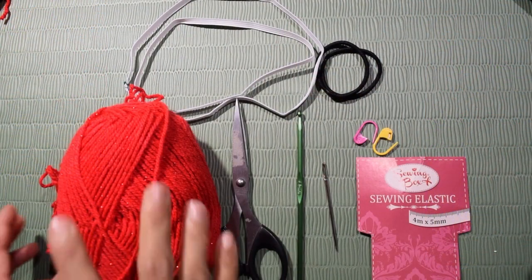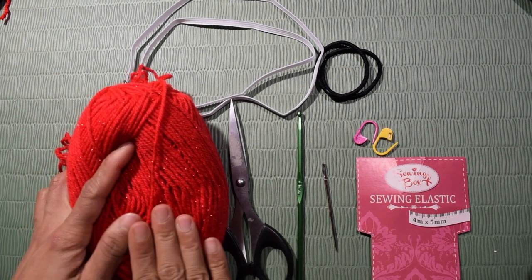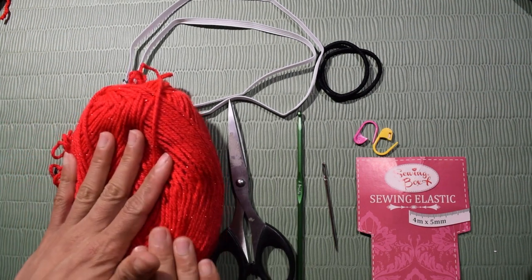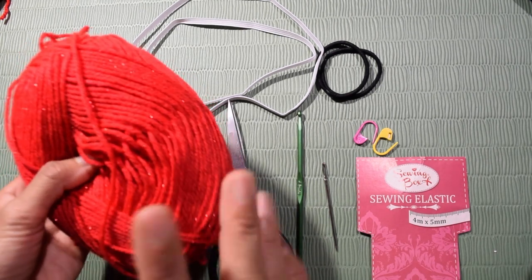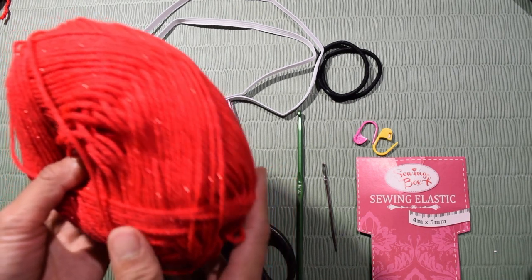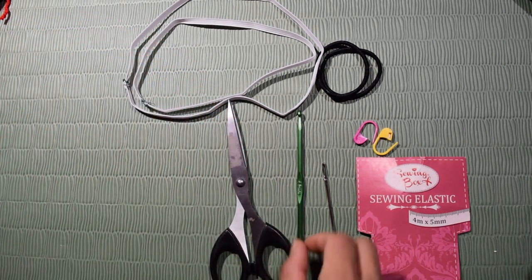For this project, I'm using 100% acrylic yarn, DK or number 3 weight yarn. For size extra small, I use 3 balls and a quarter. One ball is approximately 300 meters. And then I'm using a 4mm crochet hook,